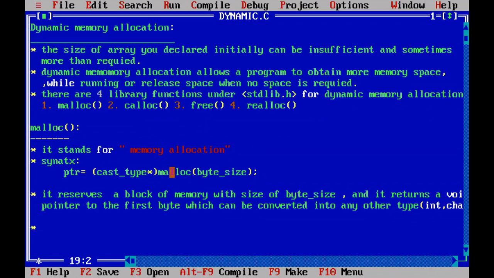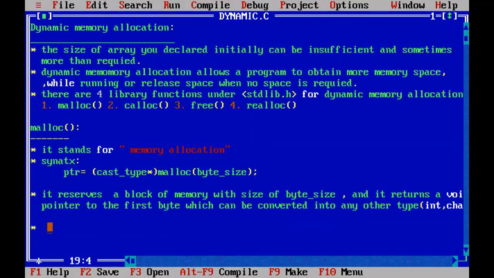When void pointer to the first byte address is written to this left side, you can write in which type pointer you are going to convert. If you want to convert that void pointer into integer, in this cast type we are going to write int, so that void pointer will be cast into integer type. If you want to convert that void pointer into character type, we have to write char here. After conversion of that void pointer into integer pointer or character pointer, then that pointer is again written to the left side. That we will hold with one more integer type or character type pointer here.